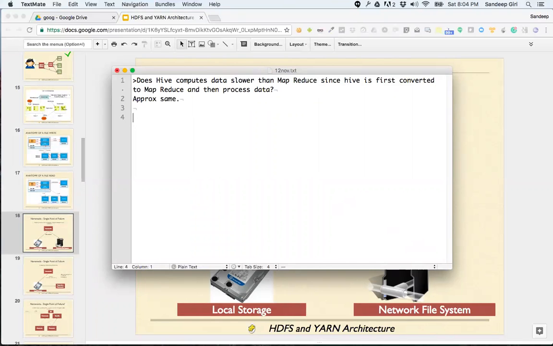Therefore, the time it takes to convert the SQL into MapReduce is very low, and we can ignore it. Thank you, Jamil.